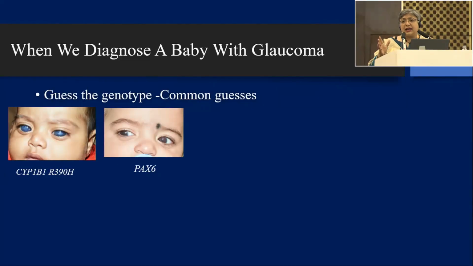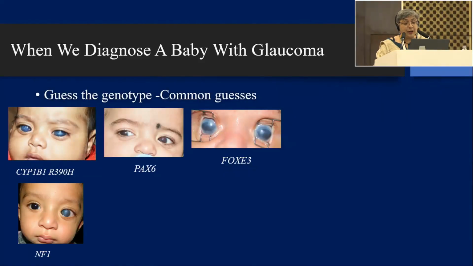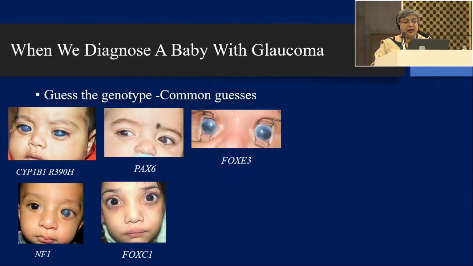We see an aniridia with nystagmus. We think it is PAX6. We see this silvery cornea, which we're scared of CPA. We think it is FOXC3. We know this is NF1. We know this is a FOXC1 deletion because there's no iris, but look at the telecanthus, look at the flat